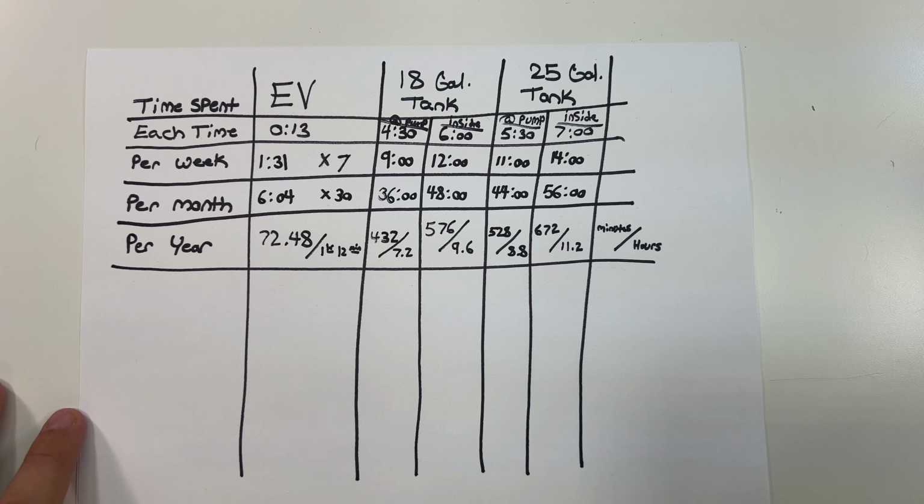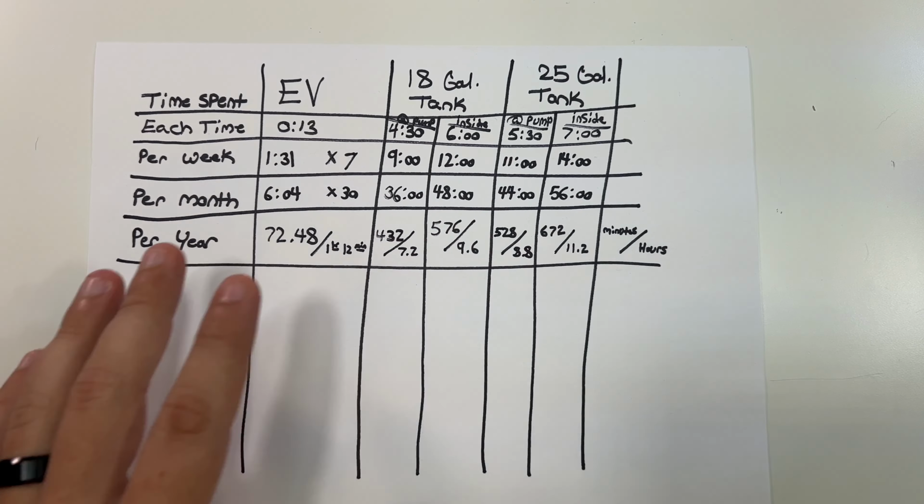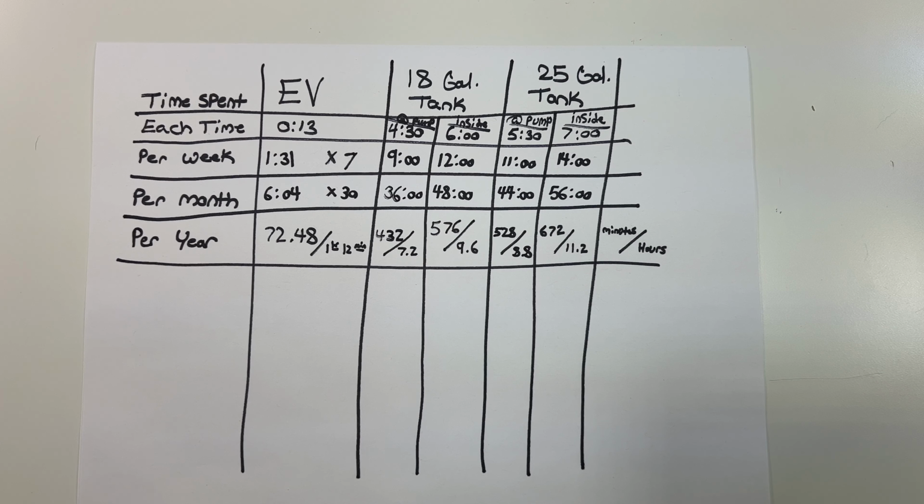I'm not really going to do all that math for you. You get the idea. You spend a ton of time filling up your gas car versus just plugging in an EV every night. So I think that I've officially debunked the myth that you spend more time charging,